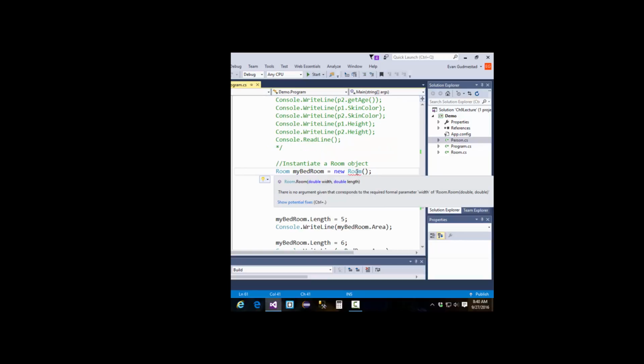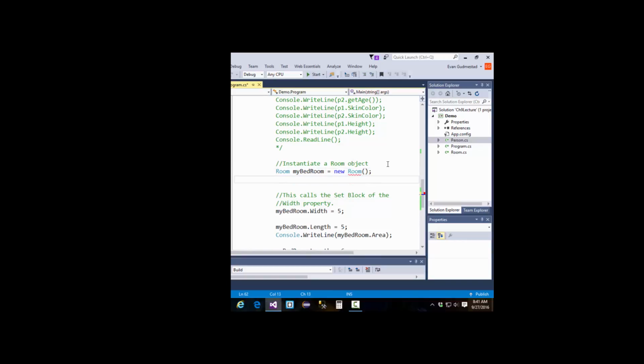Now first off, also notice this. It's kind of interesting. When I build my own constructor, the default goes away. If you add a parameterized constructor, the default goes away. I'll show you how to fix that in a second. But watch it. If I say room your bedroom equals new room, and I type in my parentheses, look at what it's expecting. It's expecting a width and a length now. So if I say 8 by 8,